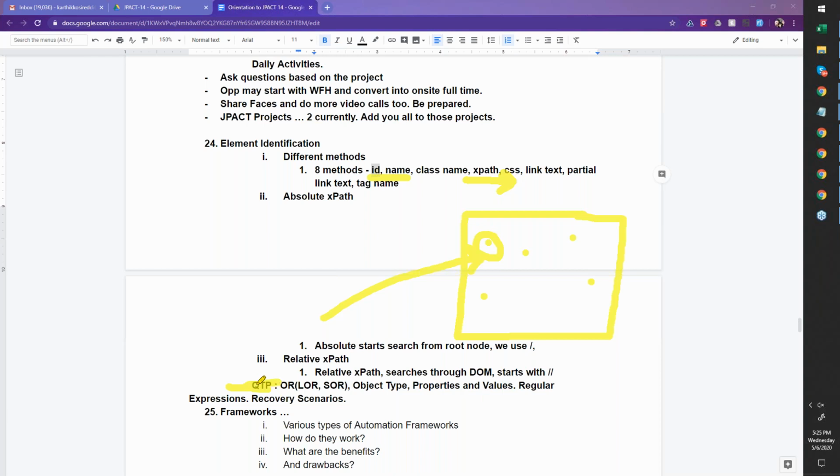In QTP, there was one thing. It has a second option of choosing the property. You can give more than one detail to it: if this does not work, try this. That was there in QTP. So you could pre-program. But in real time, they will fail because of multiple reasons. You manually have to go there and fix whatever is failing.